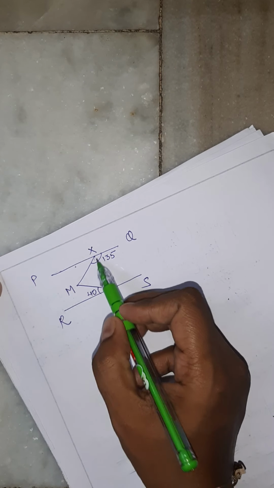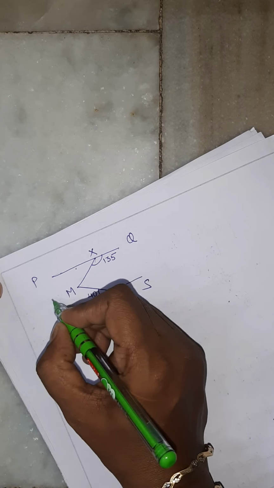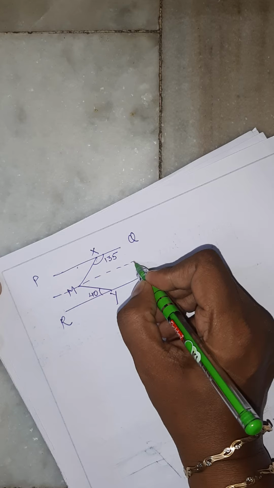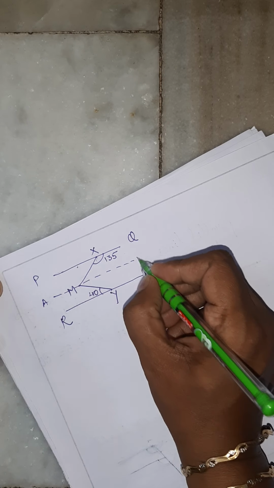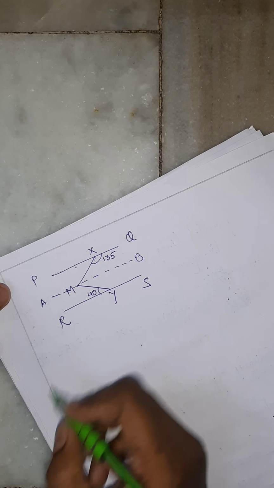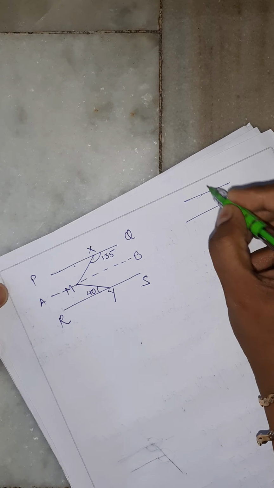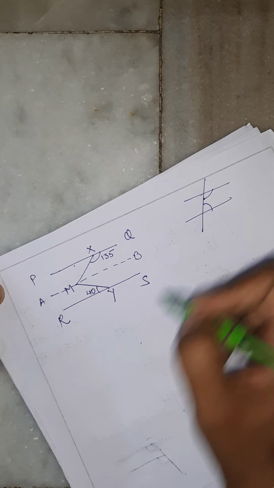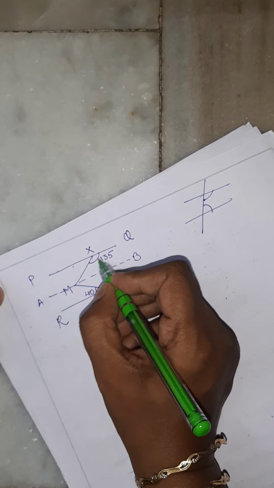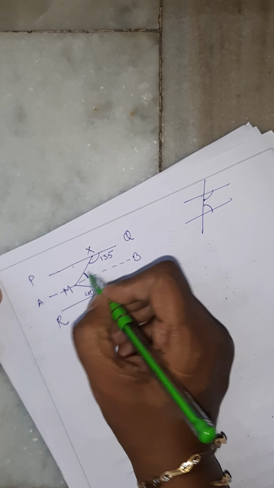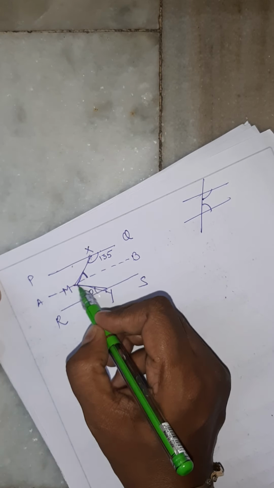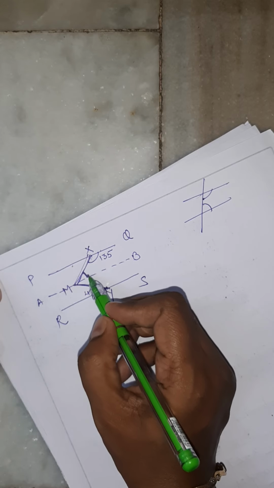These two angles are given. These two lines are parallel. First of all, we will make a construction. We are going to draw a line parallel to these given lines, and let me name them as A and B. Now just see, this concept we know now. What about these two angles? They are forming co-interior angles. So 135, we will be finding this one. Why? Because we require this angle, right? So we will find this one.